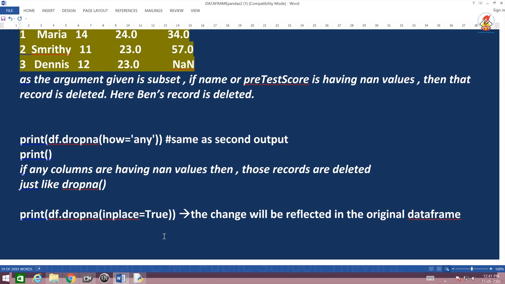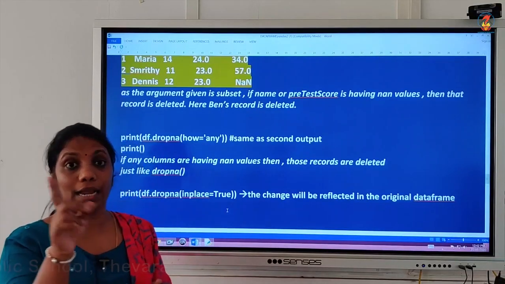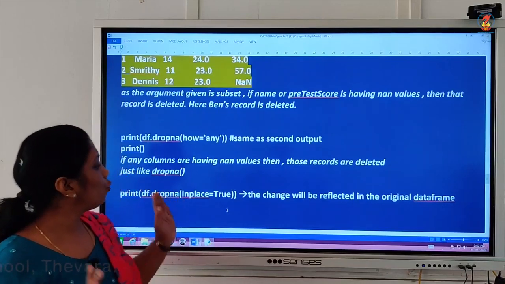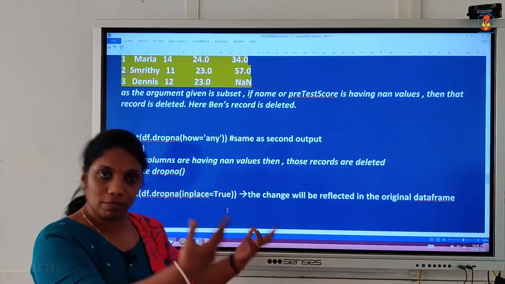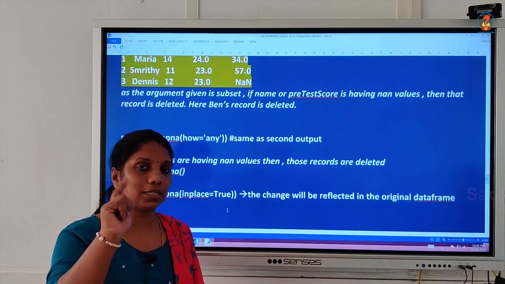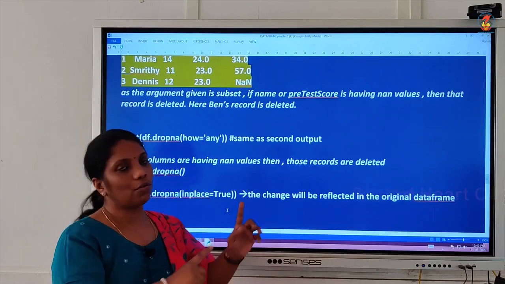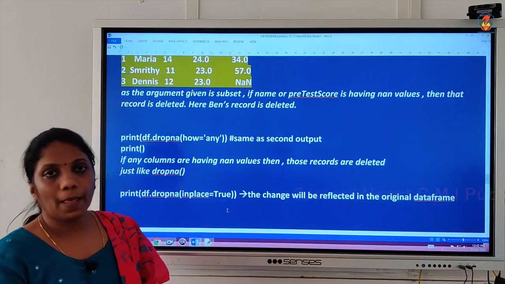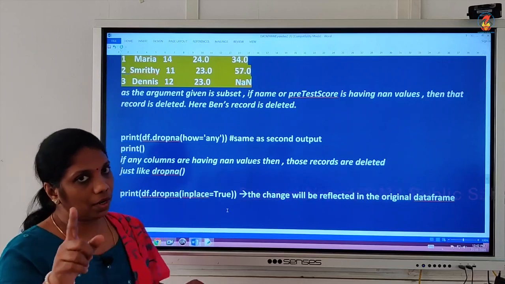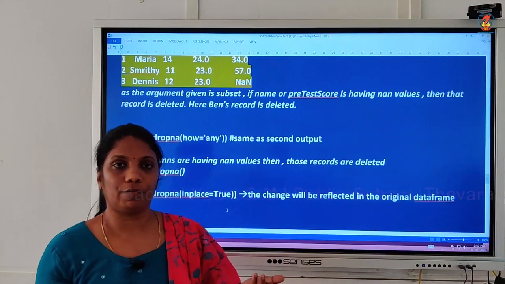After this, if you give print df, automatically the two records which had NaN values, the pre-test score and post-test score records of Ben and Dennis, will be deleted, and you will not see them once more in the original data frame. Inplace equal to true, we discussed, or we know it from our sort_values function. Similarly here also you can use it. True should be given with T in capital. False is the default.